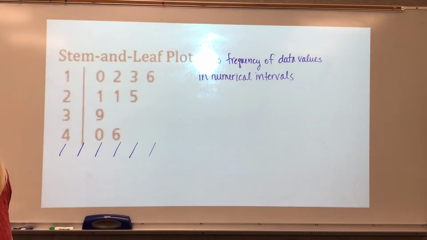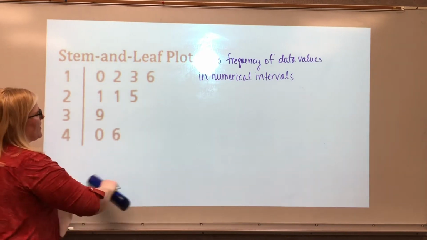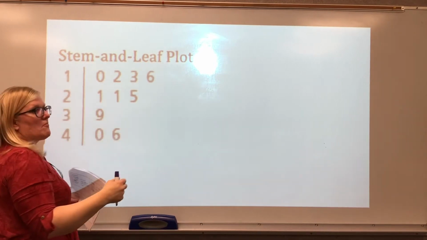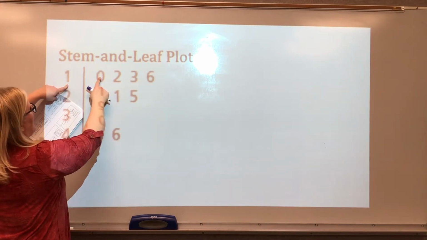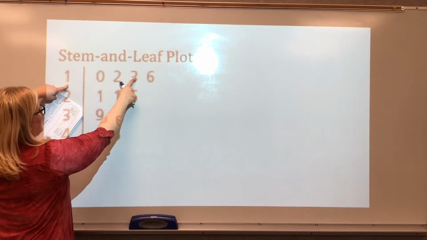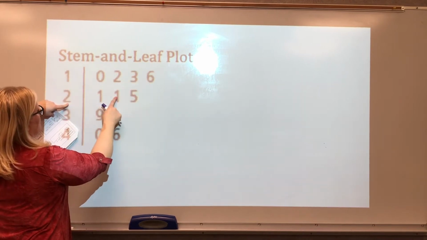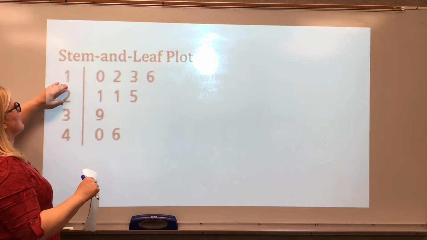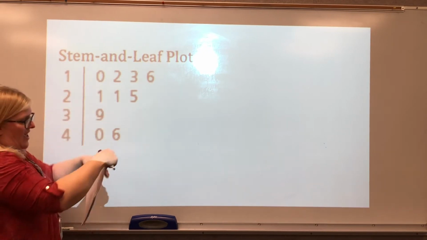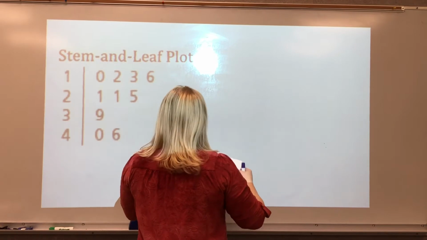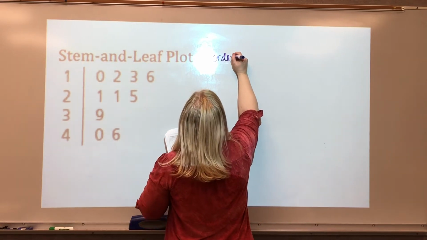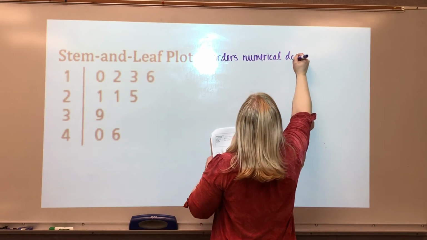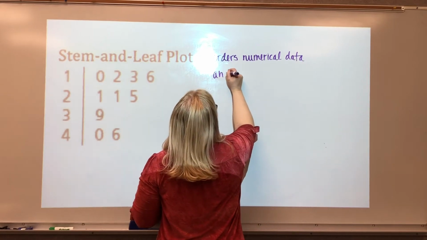Okay, next on your notes we have stem and leaf plot, and this is something that we didn't go over. Basically, if I have a list of numbers, this number would be 10 if I had 10, 12, 13, 16, this would be 21, 21, 25. So they're just basically going by tens. These are the ones in the tens. This is the 20s, the 30s, and the 40s. And this one orders numerical data